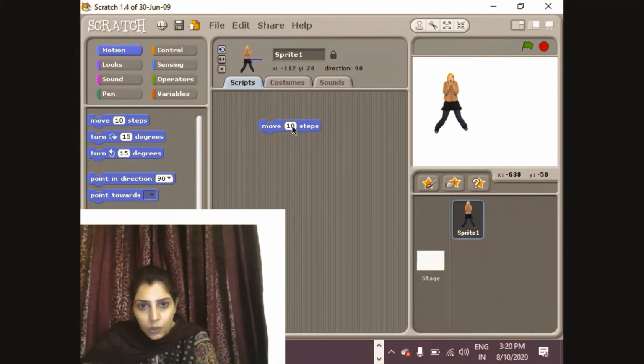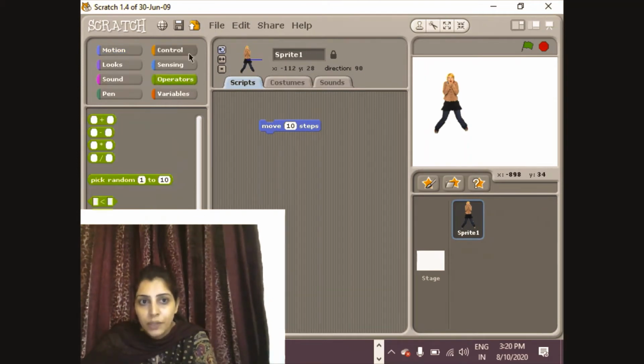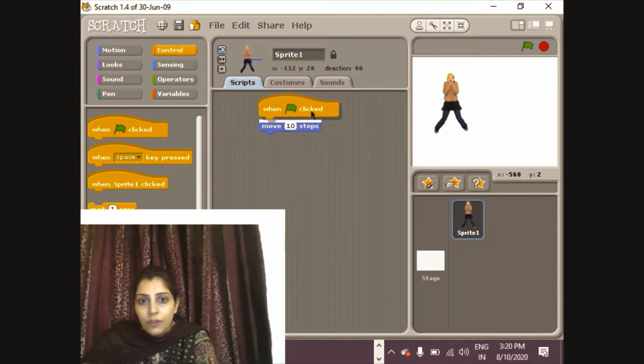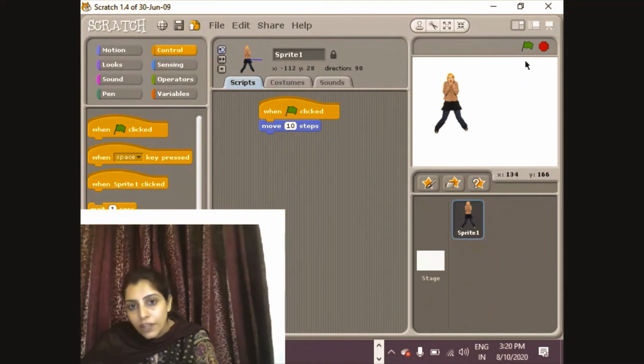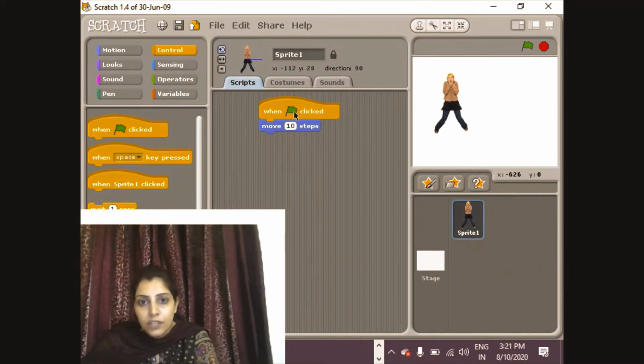So in order to start any script, in order to start any program in Scratch, the first block should be when flag clicked. Why so? Because when I click on this green flag button, only then my script will execute. So always, in order to start the execution of a program, the first block should be when flag clicked, and it appears under the control category.